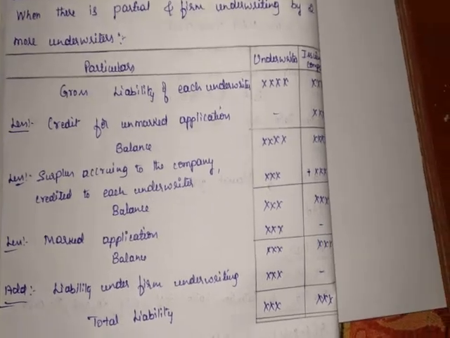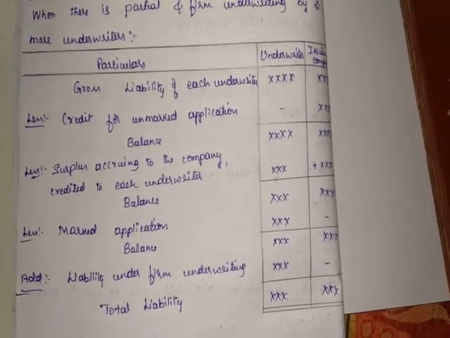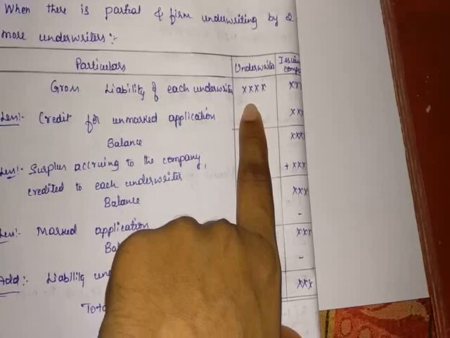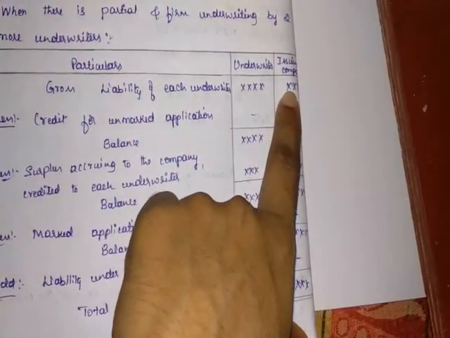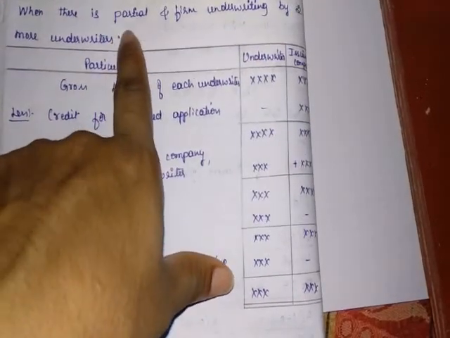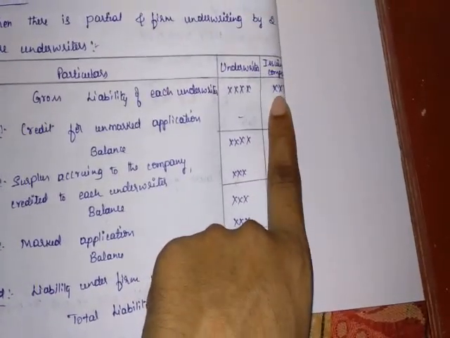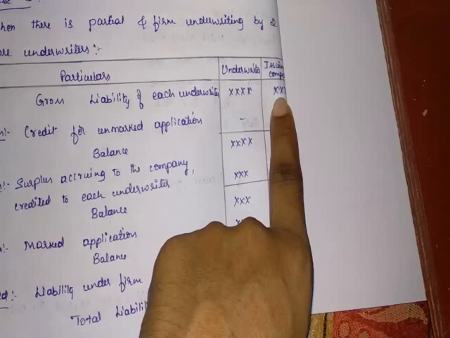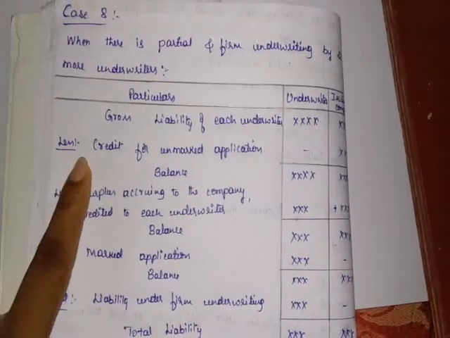This is the format. First we have to take the gross liability of each underwriter. So we take the company also, because underwriting is for part of the issue. For the non-underwritten shares, the company becomes the underwriter. Then we have to deduct